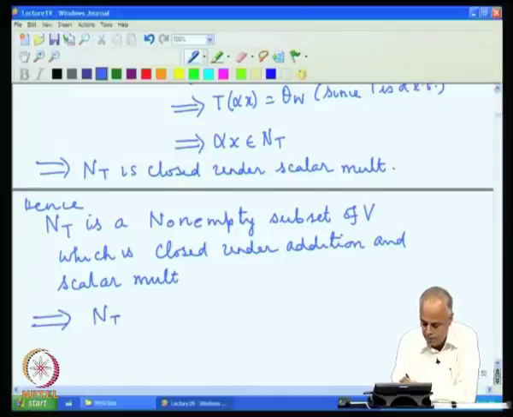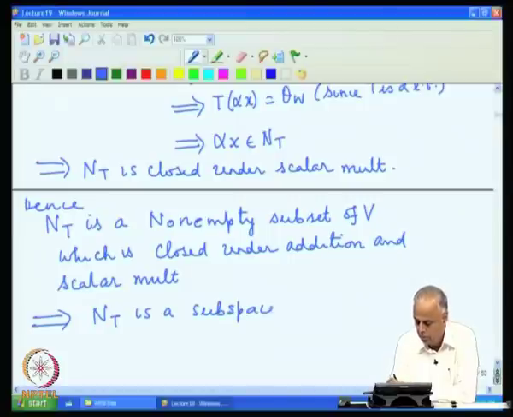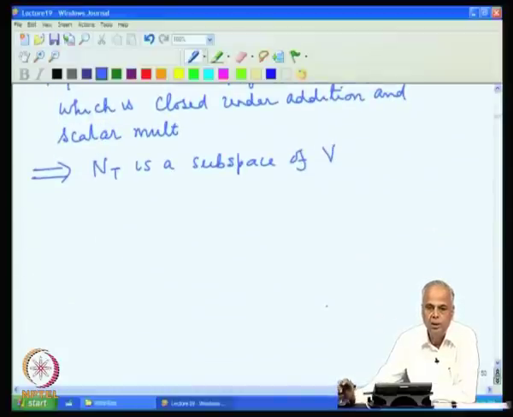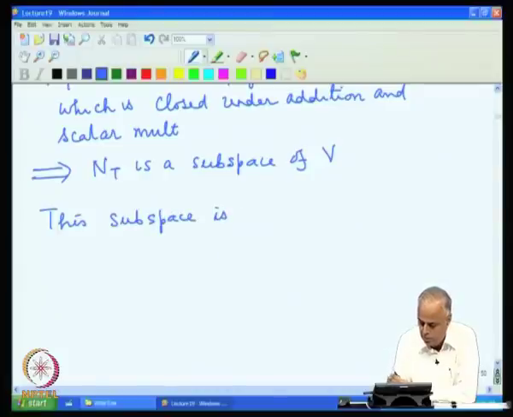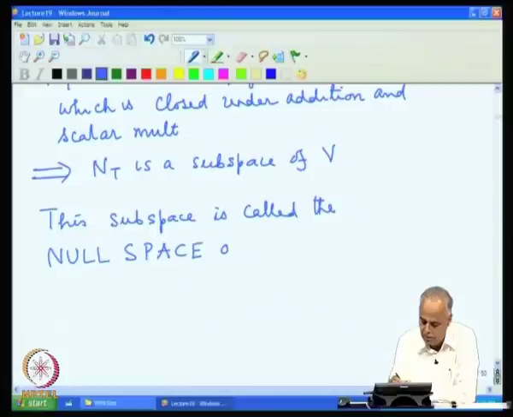So, NT is a subspace of V. This subspace is called the null space, the vectors which get nullified, the null space of T. So, we have NT is called the null space of T,